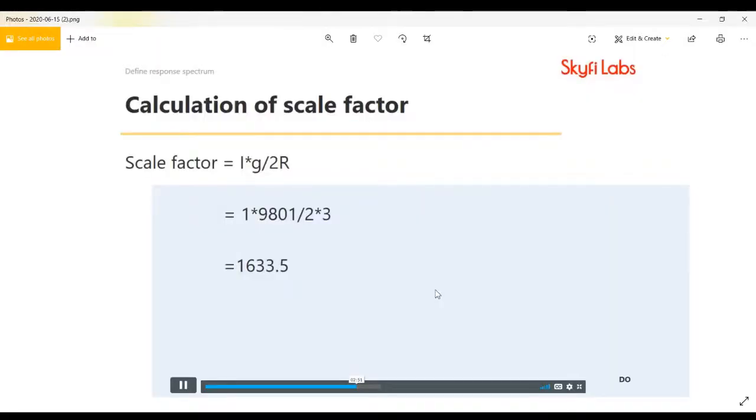now guys, this is how we calculate the scale factor. I have taken a screenshot of the online course which I was doing. So scale factor is Ig upon 2R. Since I initially told you that we will be calculating the acceleration in mm per second square, so I into g upon 2R. R is the response reduction factor, I is the importance factor. So 1 into g is acceleration due to gravity. 1 into 9810 upon 2 into 3, our value is